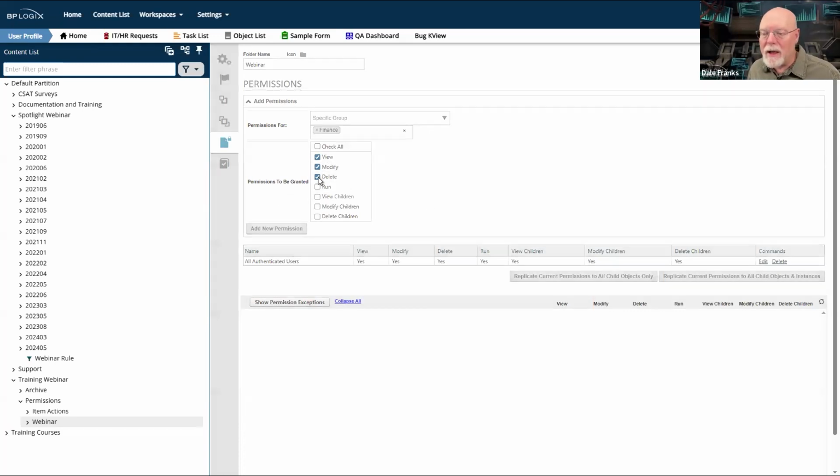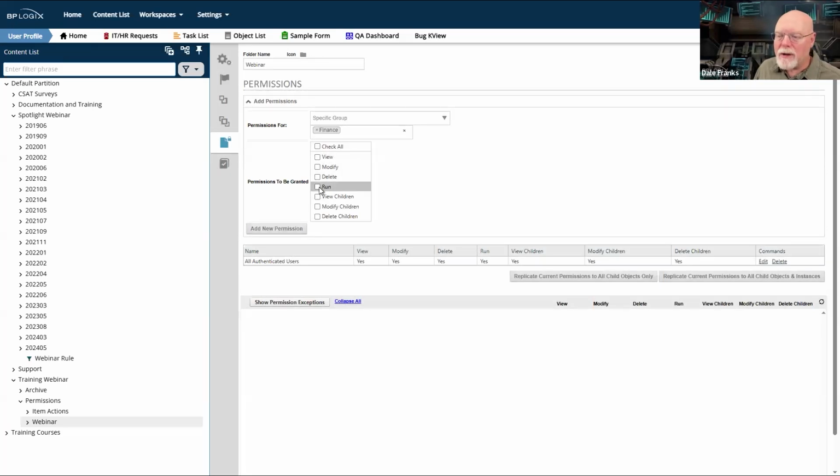If I select delete, it includes view and modify. So the more permission you give someone, it automatically includes any lower level permissions, which are implicit. Obviously, if I give delete permission, I have to have view permission. You need to keep that in mind.